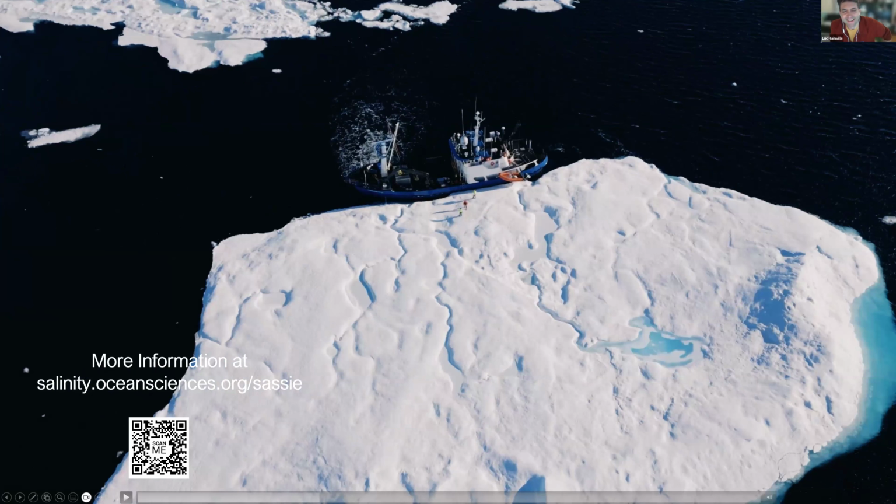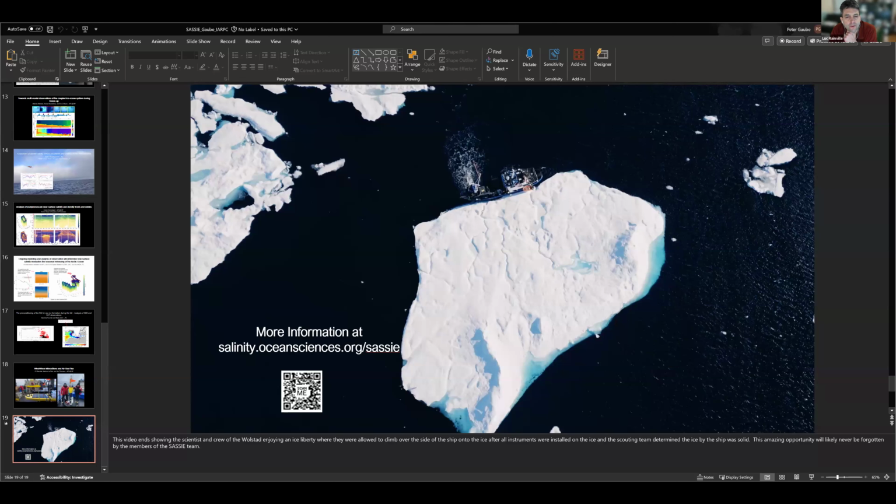Oh, I have a question. Thanks, Pete. It's great to see that data. So one quick question I have: you showed the cruise track with the sea surface salinity from the ship, and there you can see that there is higher sea surface salinity outside the ice relative to inside the ice, which is kind of the opposite of the cartoon that you showed, or the first idea that SASSIE was built on. So I was just wondering if you have any idea why there are these contrasts in salinity that are not quite what we expect from meltwater.